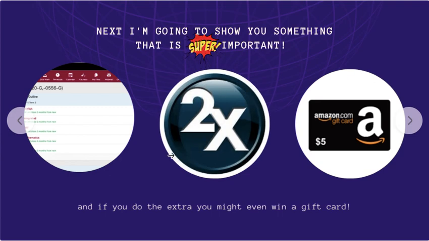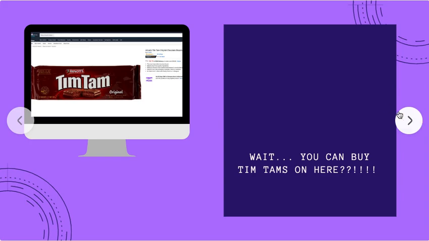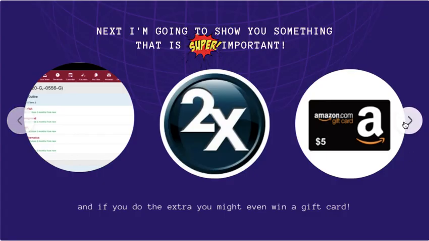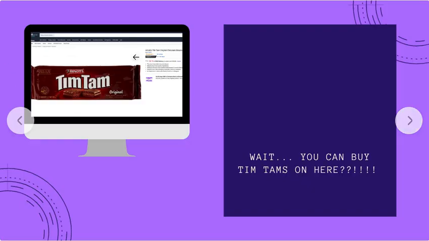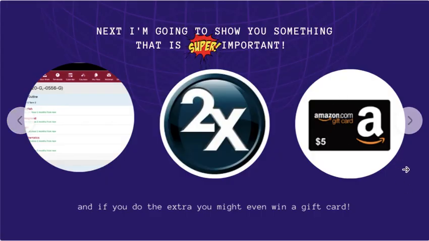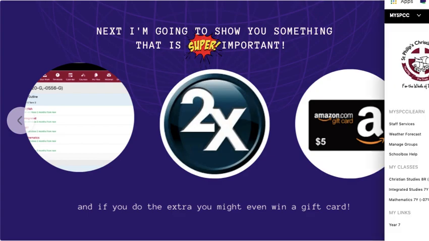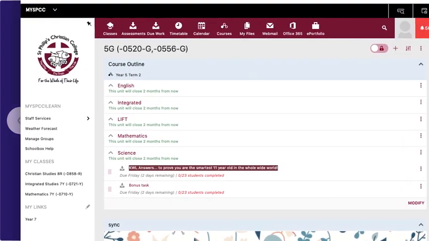Like I said, there's 2 tasks for you to complete today. That's because I want you to get extra practice in, and you only go into the running if you do both of them. And remember guys, I can't give you lollies because I'm not at school, but on Amazon, there's Tim Tams that you can buy. So, an Amazon gift card could be of great value to you during this tough time,